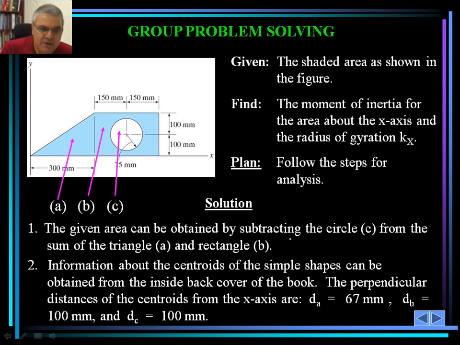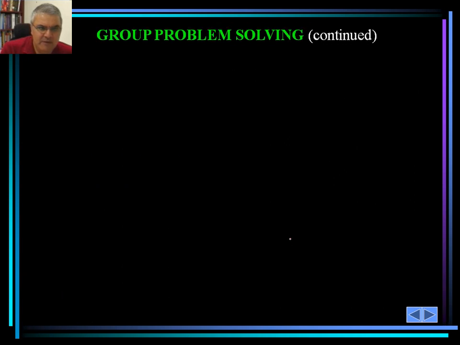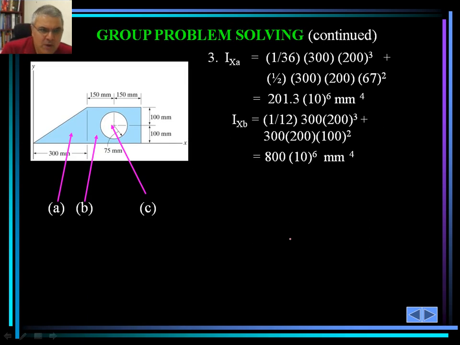The perpendicular distances of the centroids from the x-axis are given here, d sub A, d sub B, and d sub C respectively. So we are going to use I sub x